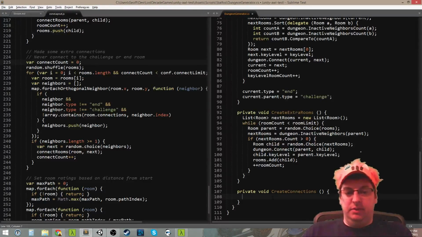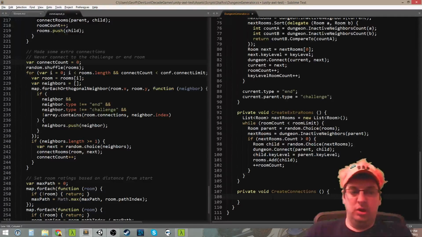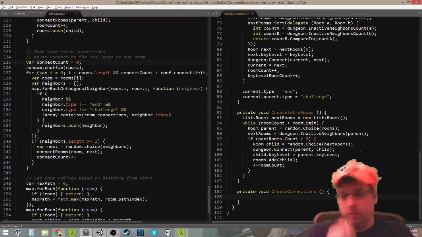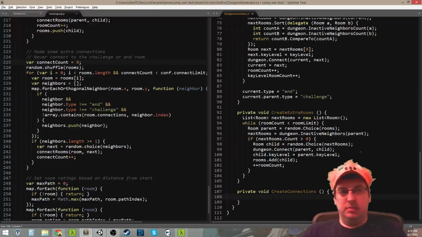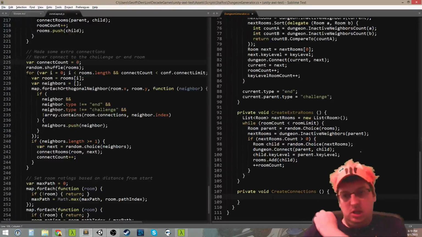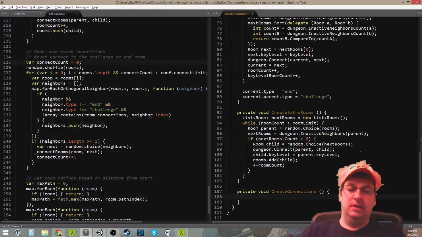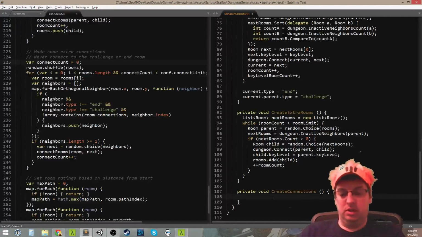It's a little bit of a different loop here because, in the first one, basically we say, while the room count is less than a certain amount, pick a random room. That doesn't work as well with this particular step, just because, like I said before, it's possible that there won't be any connections that can be made just based on the rules. We're actually going to have a couple more rules